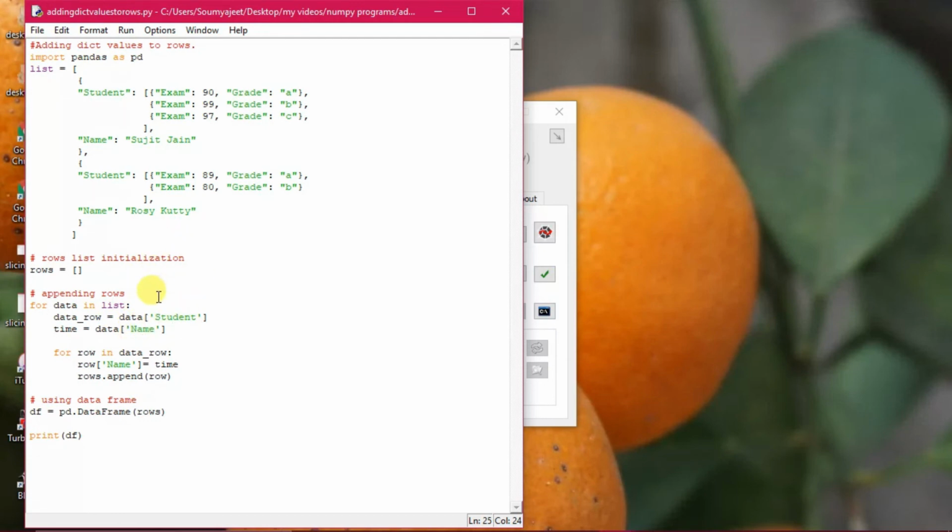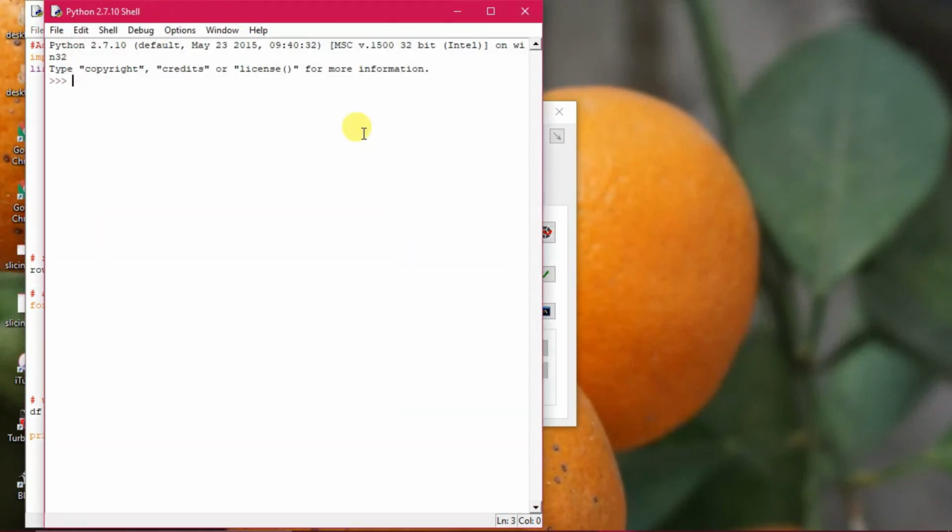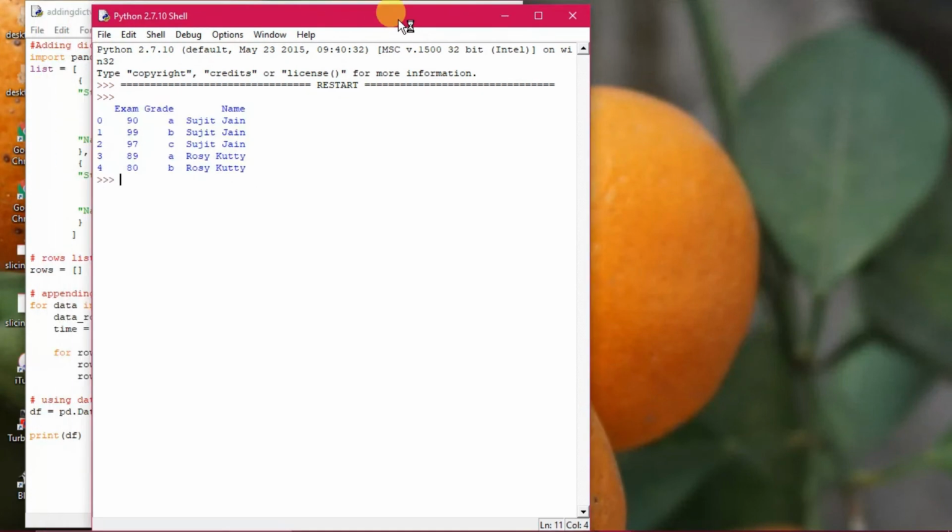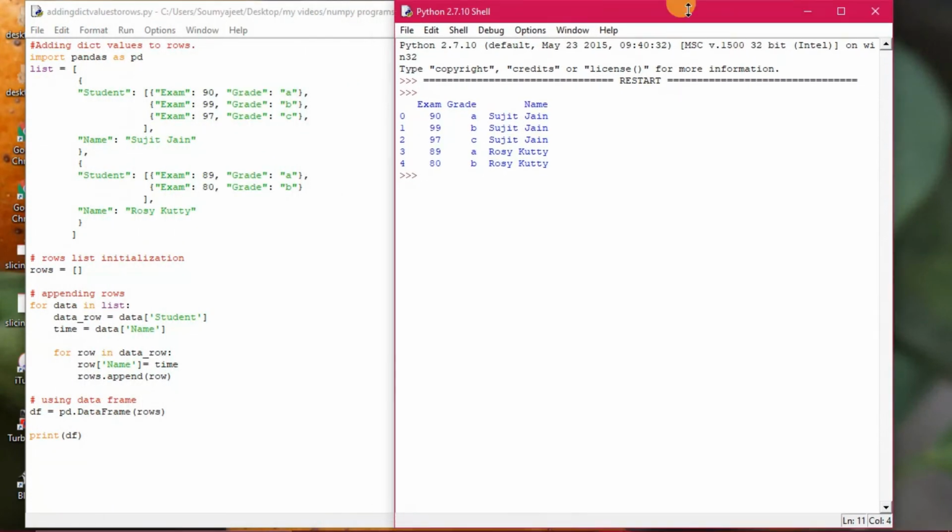And for row in data row, you are using the row and appending it one by one. Finally, a data frame object is initialized with the rows and printed. This particular program is a very good one, and it will give you a lot of concepts.